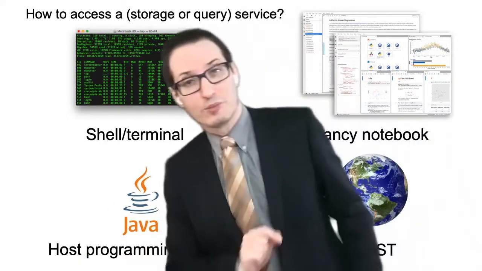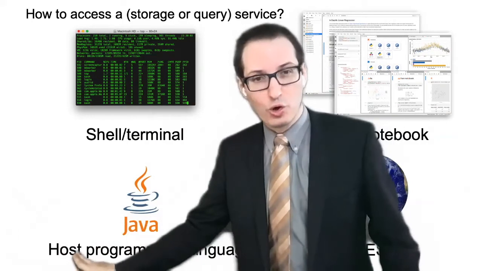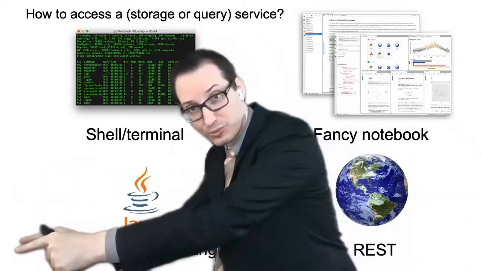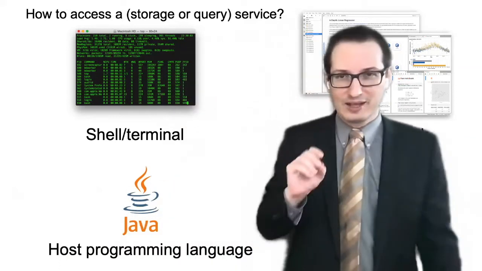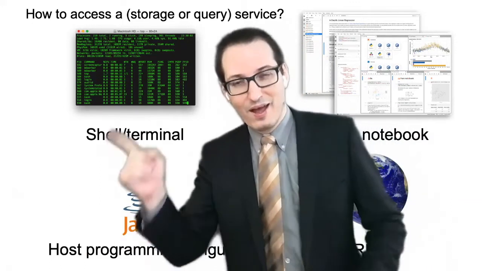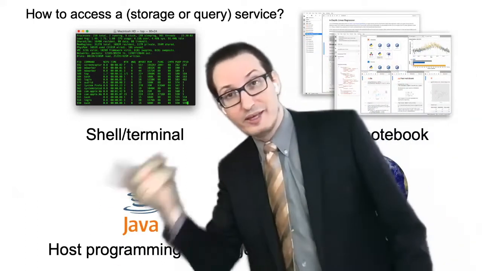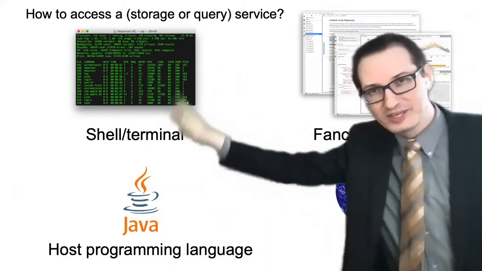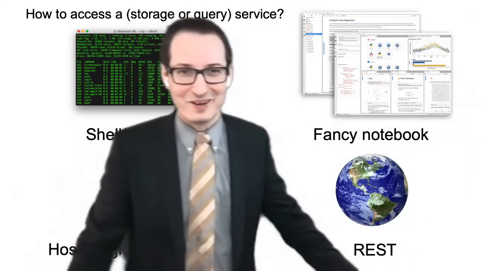This is called the host programming language, as opposed to, for example, SQL, that is the actual language of the system. And the host programming language is outside of that. So Java might create SQL queries that it sends to PostgreSQL and then get back the tables, right? But Java is then the host programming language, and SQL is the actual programming language of the platform you're connected to, right? And finally, there is a fourth way that is called the REST API. In fact, that fourth way is very often used by all of the others. Very often, all of them, without telling you, actually use a REST API. They just hide it. So now I have to tell you what is a REST API, right?